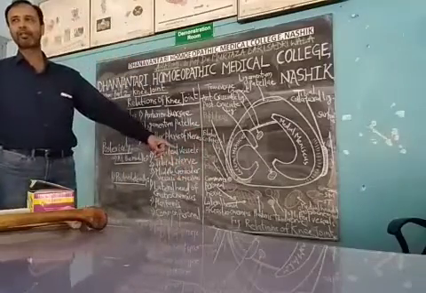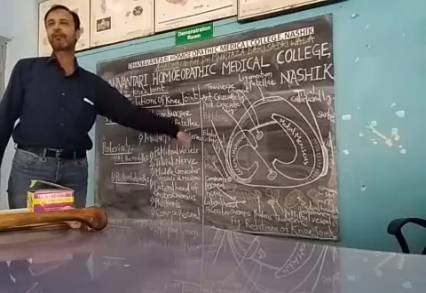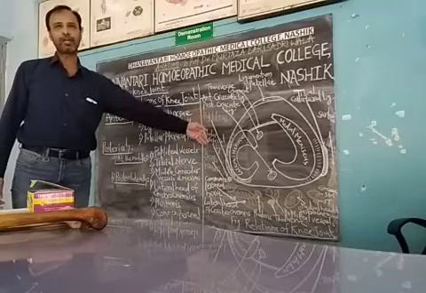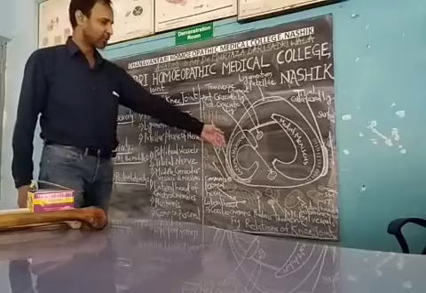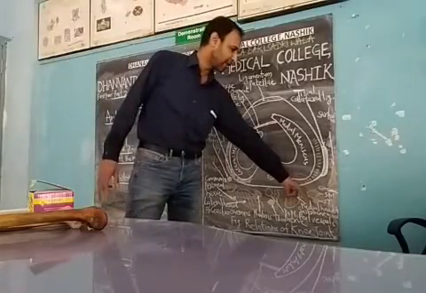Similarly, the counterpart with the gastrocnemius muscle. So here is the lateral head. There will be the medial head of the gastrocnemius. So the medial head of the gastrocnemius is there. Then semimembranosus, semitendinosus,